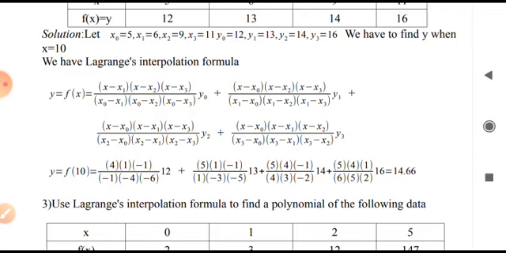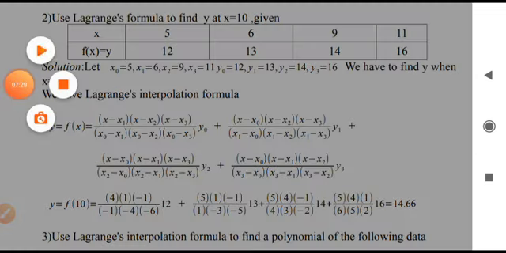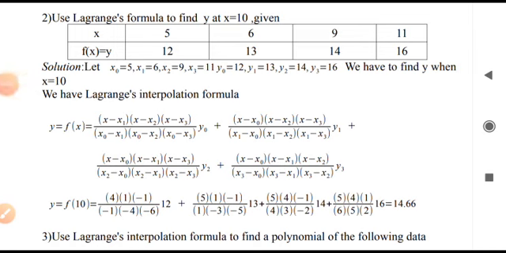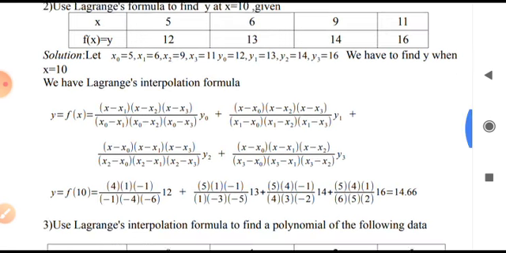So the substitution is: 10 minus 6 is 4, x minus x2 is 10 minus 9, which is 1, x minus x3 is 10 minus 11, which is minus 1, whole divided by x naught minus x1, that is x naught is 5, x1 is 6, 5 minus 6 is minus 1, then x naught minus x2, 5 minus 9 is minus 4, then x naught minus x3, 5 minus 11 is minus 6, into y naught, which is 12,